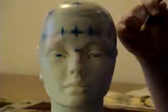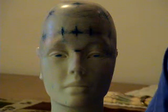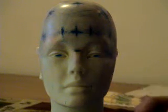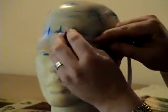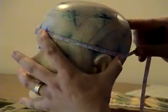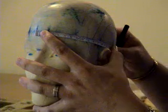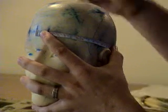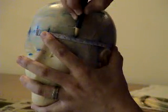As a rule of thumb, the odd numbers represent the left side of the head and the even numbers represent the right side of the head. After you've made that mark, you're going to take your tape and place it at FP1, and you're going to come across the line that you've made above the ear. The measurement that we came out with was 46, 10% of which is 4.6 centimeters. So then you're going to go over 4.6 and make a mark, again through the tape,